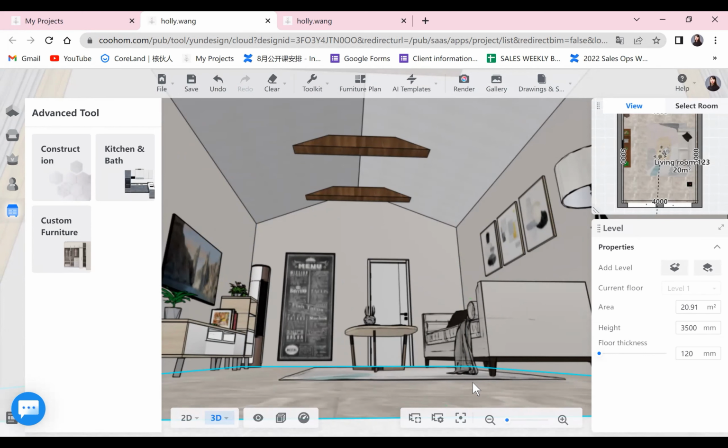Okay, so how about you guys? I can't see the photo. I didn't see any picture yet. You can send a picture in the chat box.